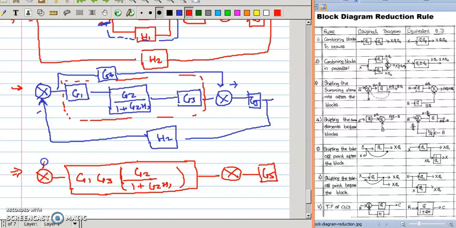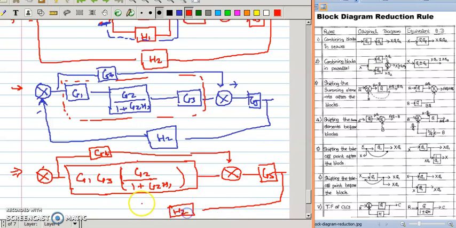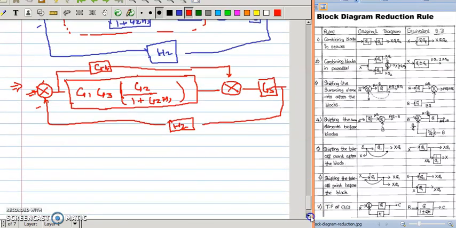G5, and from here, sorry, not from here, it is from here. There is a block called G4 towards the mixer, right? And from this output there is a feedback called H2 towards this mixer. Okay, now what will be the next? According to you, just observe the blocks and tell me or guess what will be the next step.